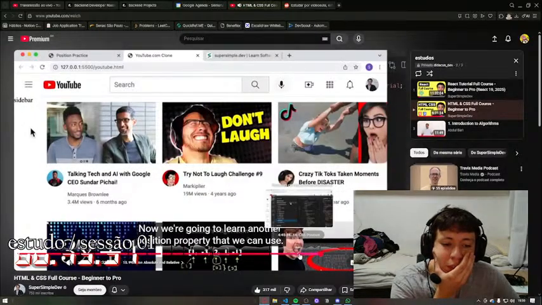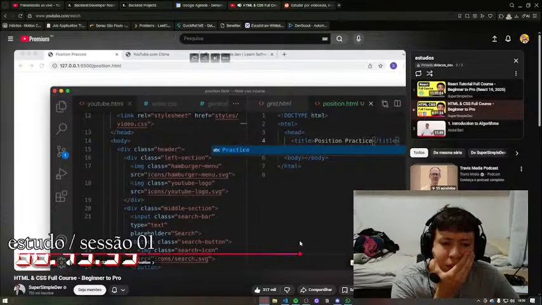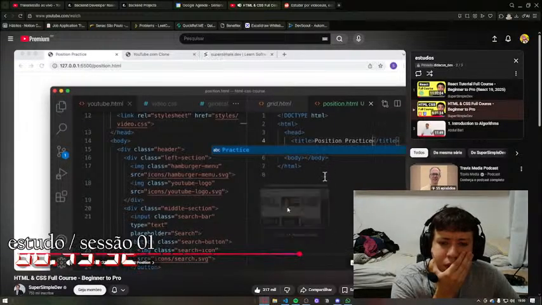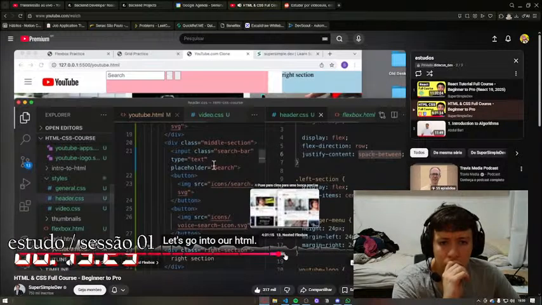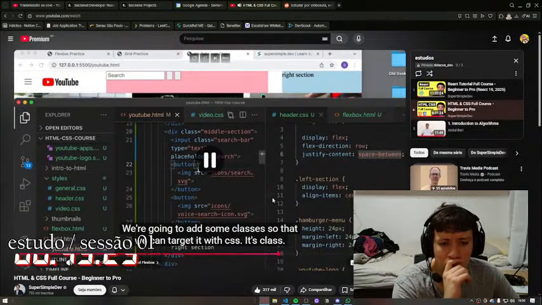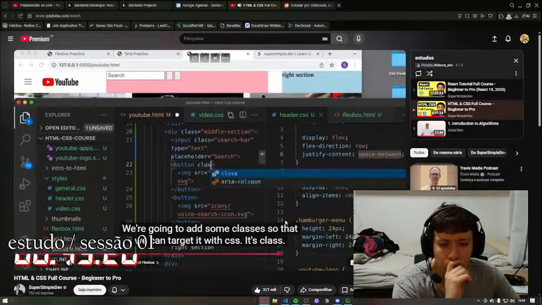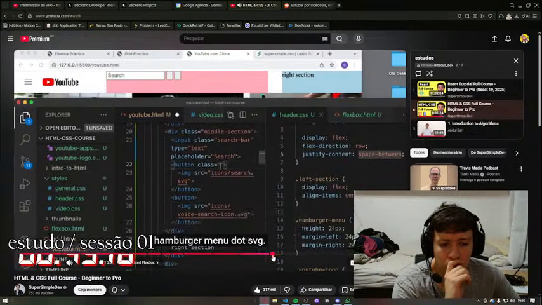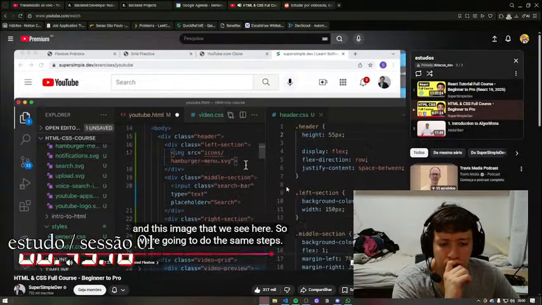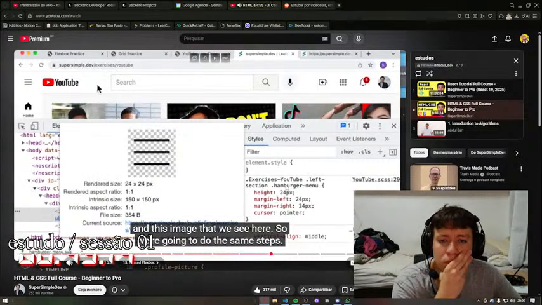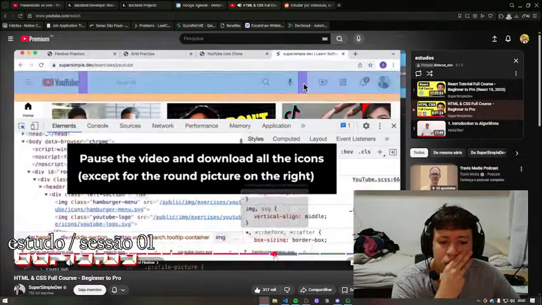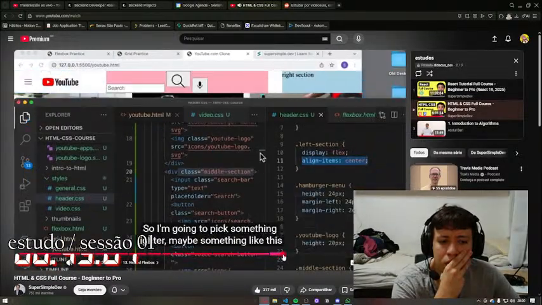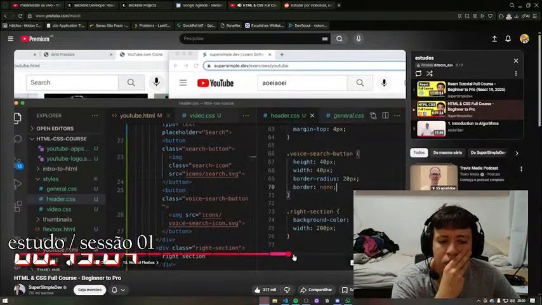Now we're going to learn another position. Save it, and then it should show up here. We're going to start in the body again, and we're going to create two divs. Let's go into our HTML. We're going to add some classes so that we can target it with CSS. So class, let's menu.svg. What we see here. So we're going to do the same steps, click the, and we'll continue after we downloaded all the that we use this to match our